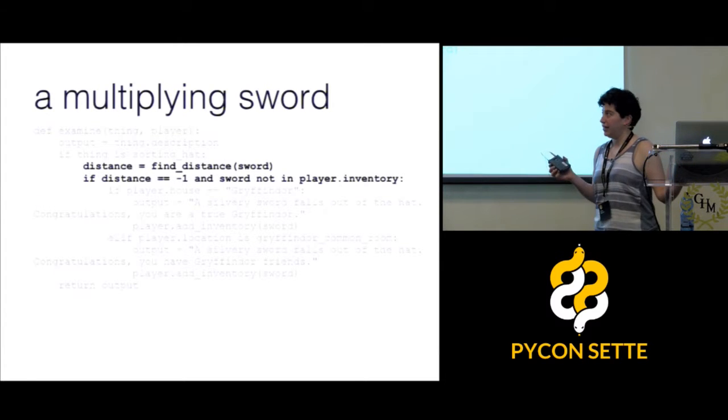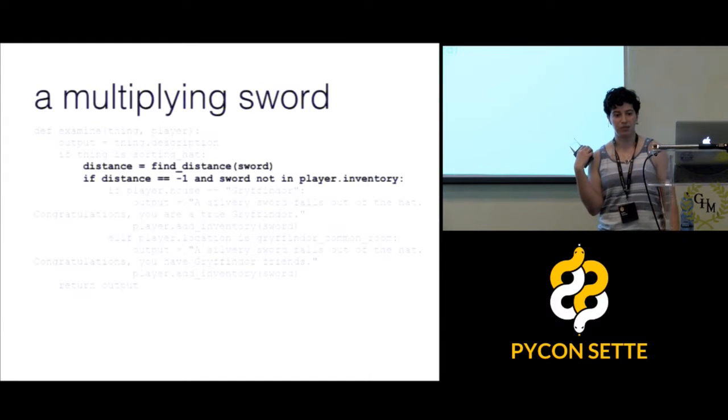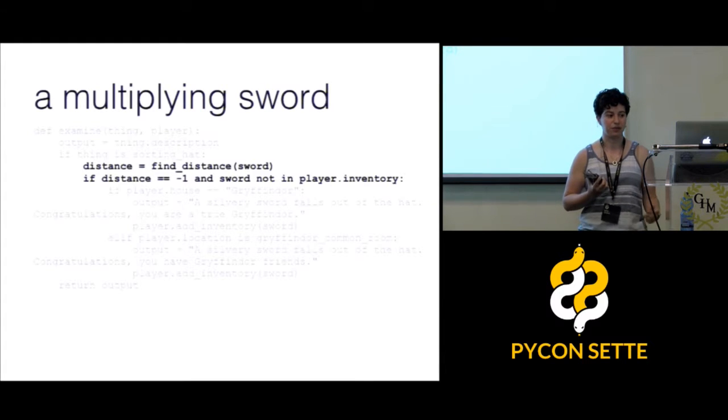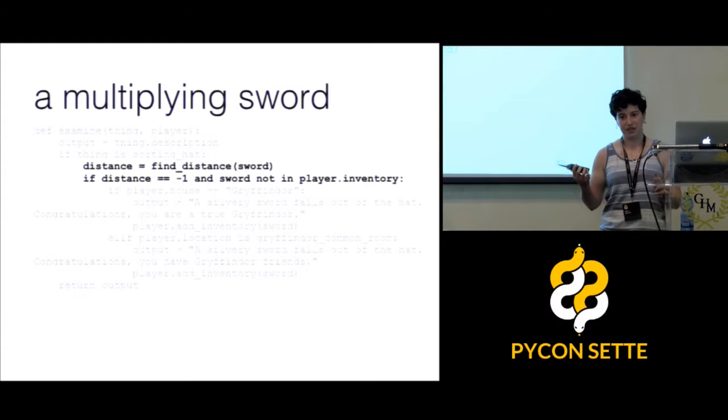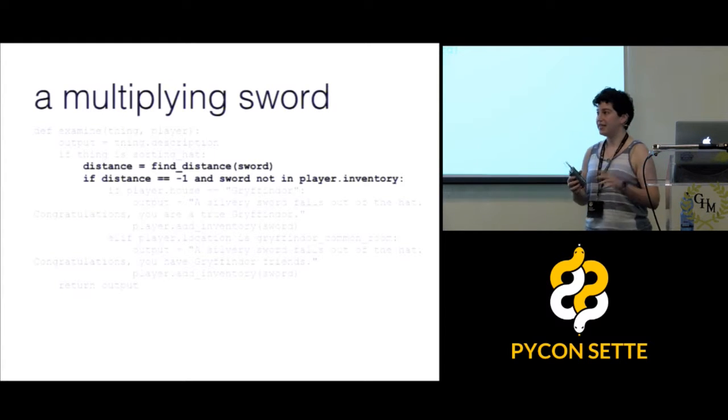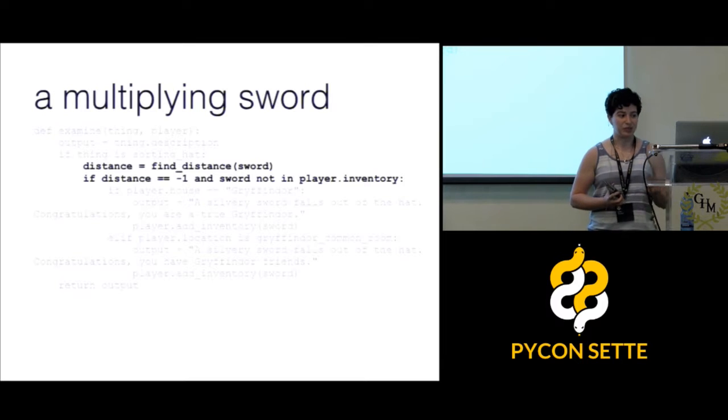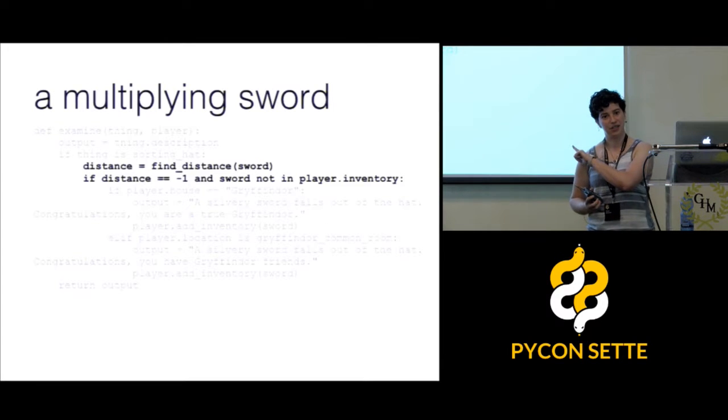Given my original code for the examine function, the way to fix the multiplying sword bug is to add some more logic to check if the sword already exists in the game, and only drop the sword if the sword wasn't already in the game. Again, details of the code aren't important. The relevant thing is that I'm adding yet another conditional check in here when there are already so many. So it's a bad solution, but it's indicative of an underlying bad problem.